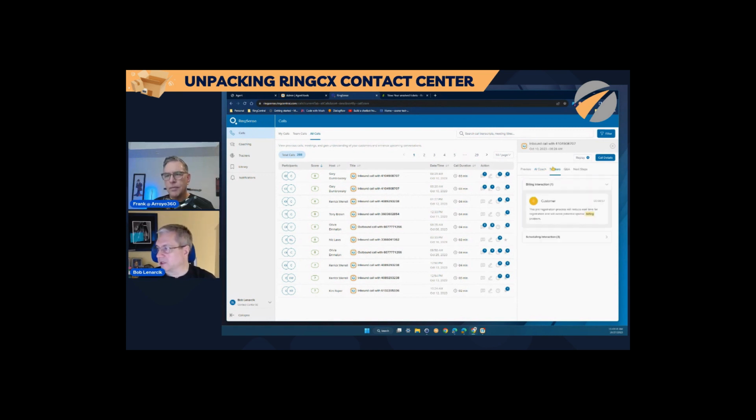And then we have the ability to create trackers. So we can do trackers based on keywords, or we can say concept. The concept is properly greeting the customer, making sure we're building rapport, things like that. So those are pre-built AI models in the system, and you can decide which ones you want to look for and tag or identify in those calls. And you can see here that when we reach a segment in the call or the recording where that tracker was identified, I can actually just click on the play button and go directly to that part of the call. So again, it saves me time from having to listen to the entire recording.